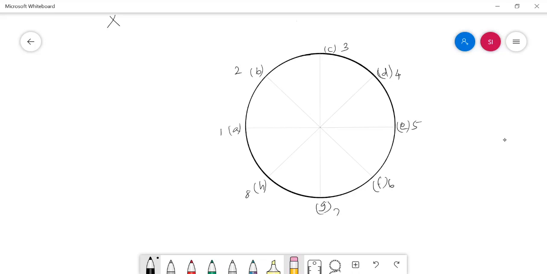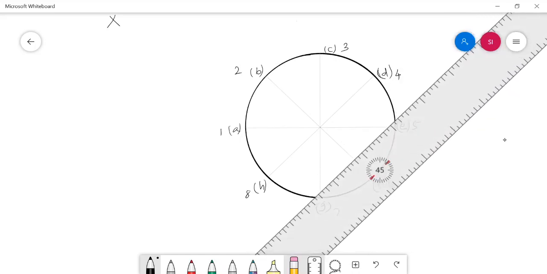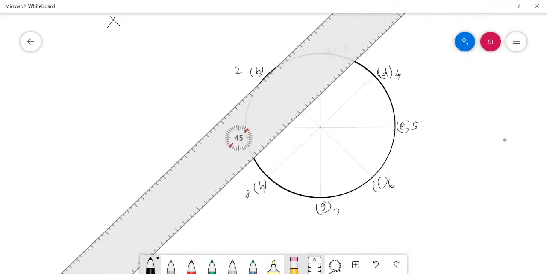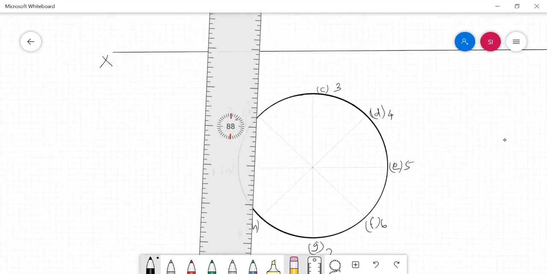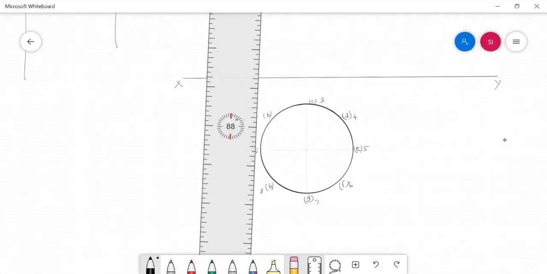Now I have to project each and every generator point from the top view towards the front view to draw the lateral portion of the solid.